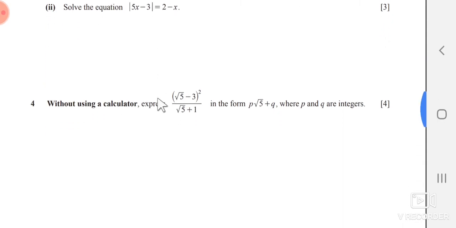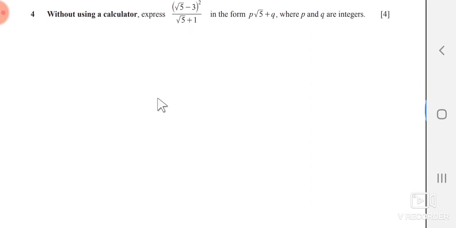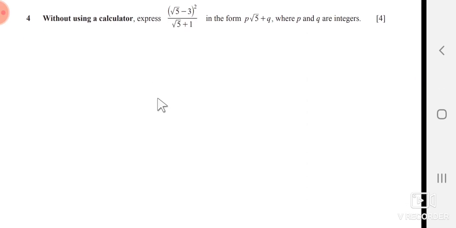Now in the same way I'm going for the fourth question, and in this fourth question just take the denominator. There is √5 + 1. Just multiply and divide by √5 − 1 over √5 − 1. You will see that there would be no surd in the denominator, and √5 − 3 can be simplified by (a − b) whole squared. When you take the square of √5, that becomes 5. Okay,